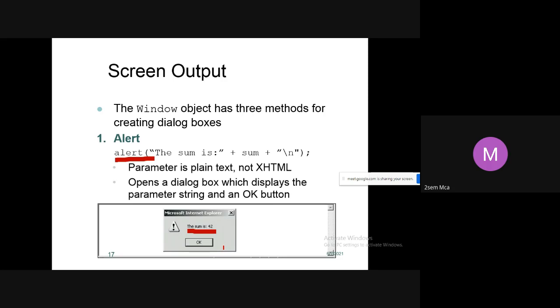Instead of the sum is, if you display your name, it will display your name, and if you just click on the OK button, it will close.